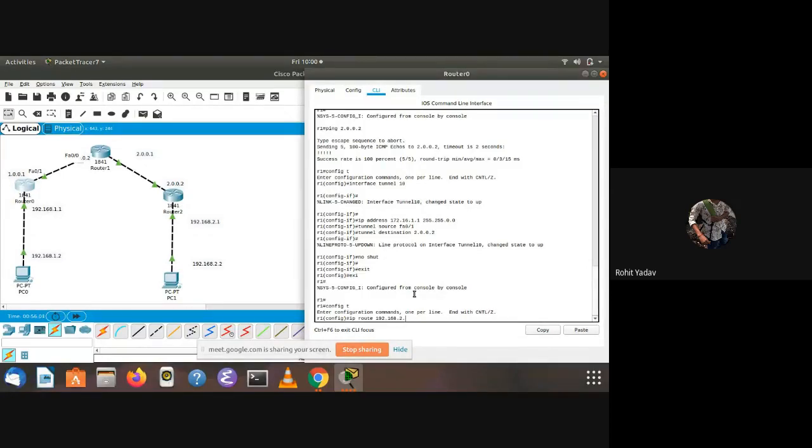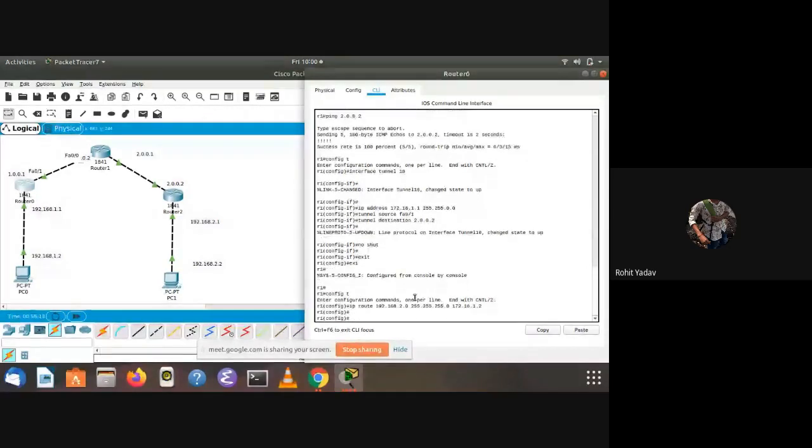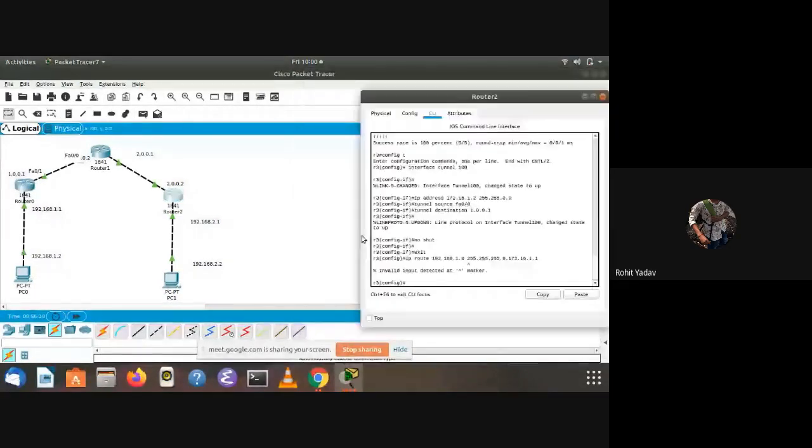Okay, I think we are doing something wrong in this. Yeah, there is a dot between 0 and 1. We will correct it.